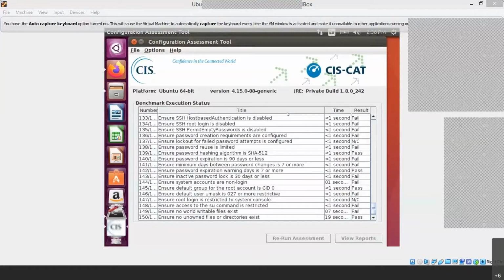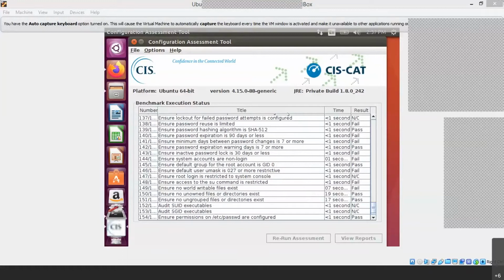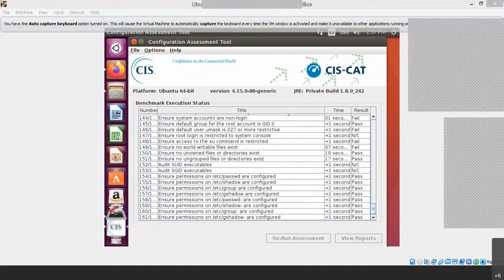So I think you can use this tool in your PCs or whatever systems you are using, and you can check the security level of your PCs. Okay. See, like password, user mask, password strength, and also permissions. What are the permissions we configure?